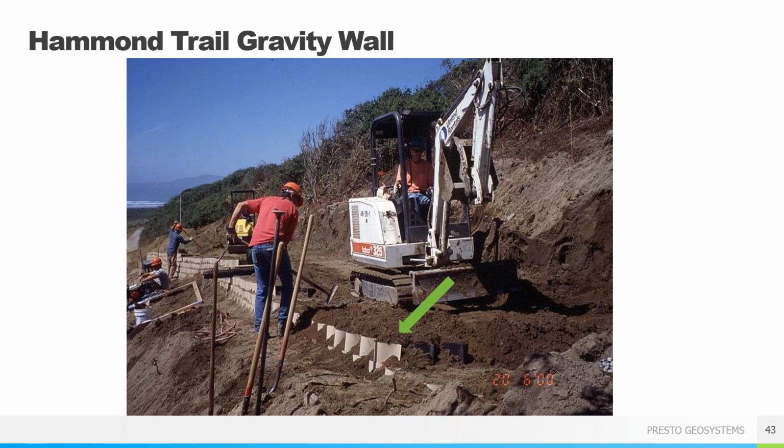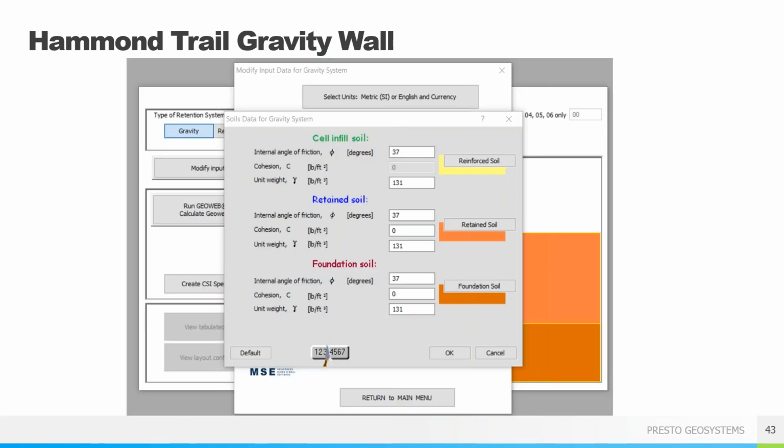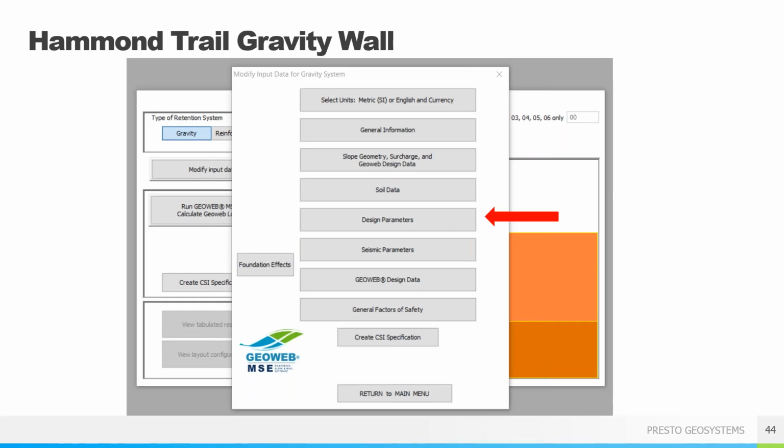So here you can see, basically it's showing the panel, shows the different types of areas, shows the infill going back into the panel. Here's the back slope, the reinforced or retained zone. Here's the front of the wall, so it shows any batter that you may have with your wall. Those are all the inputs that we looked at going into making of this gravity wall.